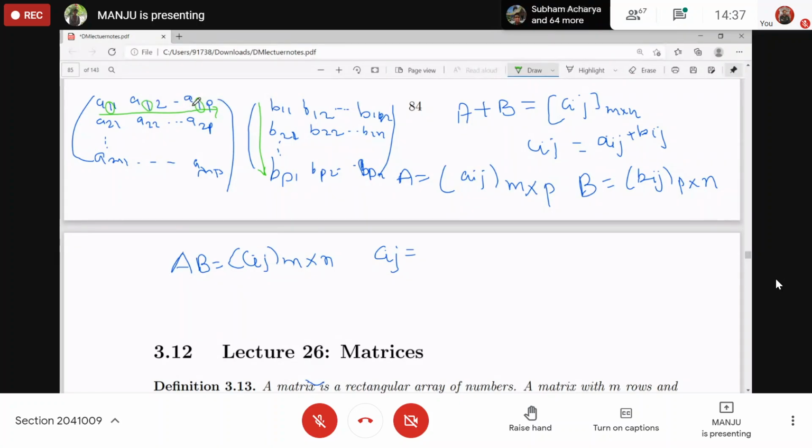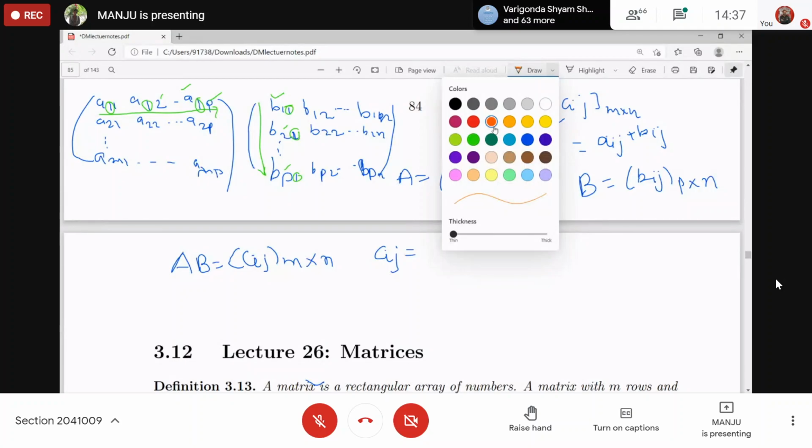Okay, that means in Aij, i is fixed, right? And here in Bij, j is fixed. First row is multiplied with first column. So here i is fixed, here j is fixed. For A11 we have 1, 1, and for A12 we have 2, 1. So this 2 is equal to this 2, 1 is equal to 1. Then P will be multiplied with P1, right? So in general, Cij will be,